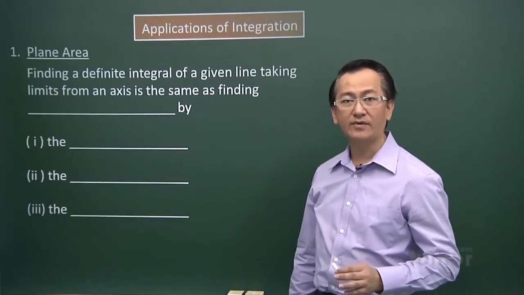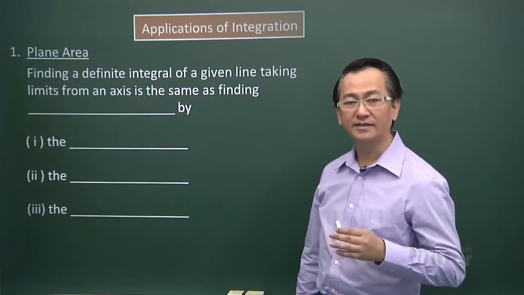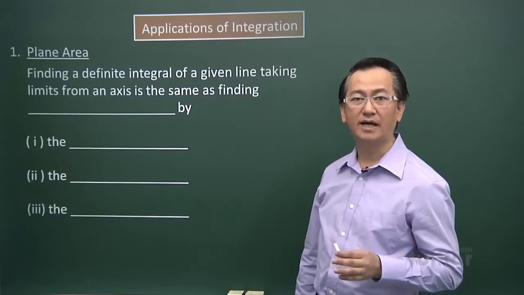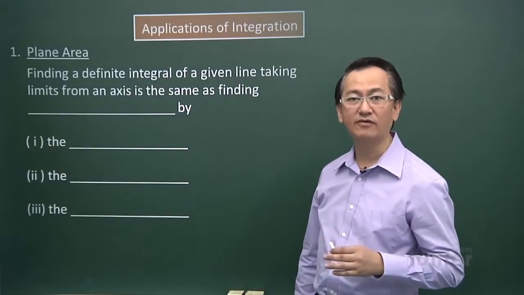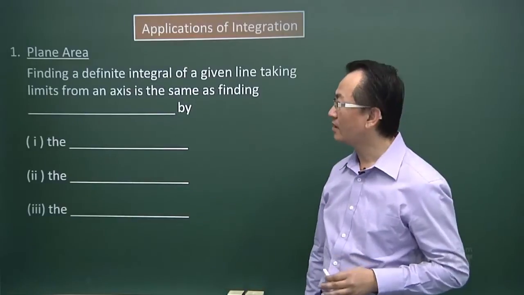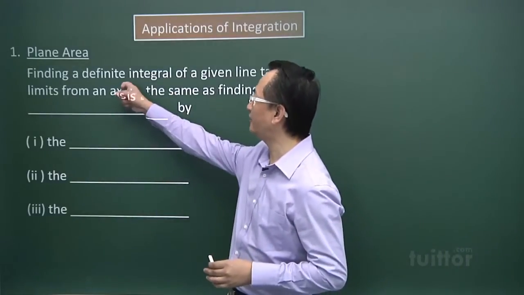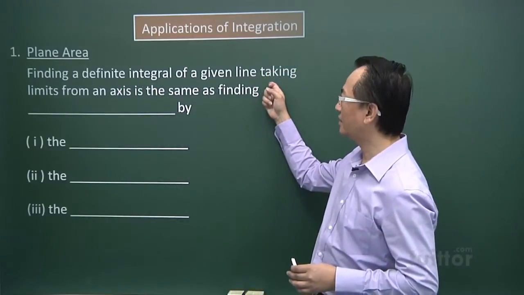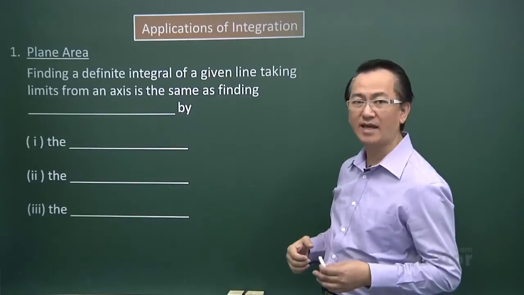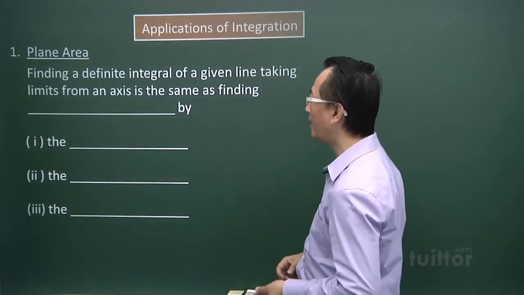A plane area is basically the area under the curve bounded by two limits, and it has to be above the x-axis. So, if I'm finding a definite integral of a given line, then it will be the same as saying finding the plane area